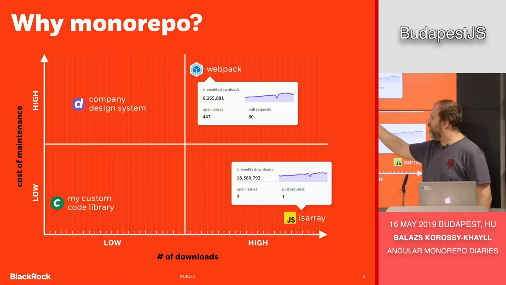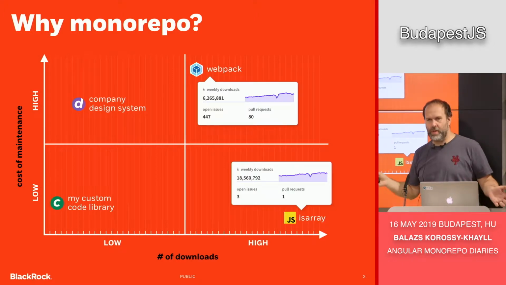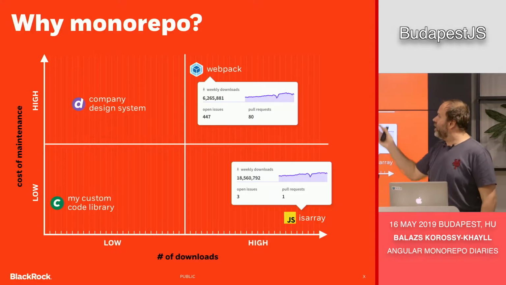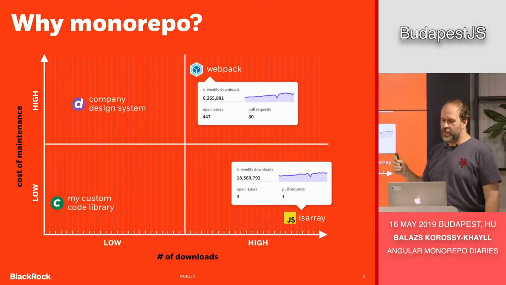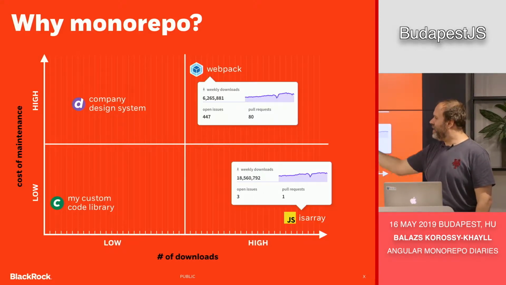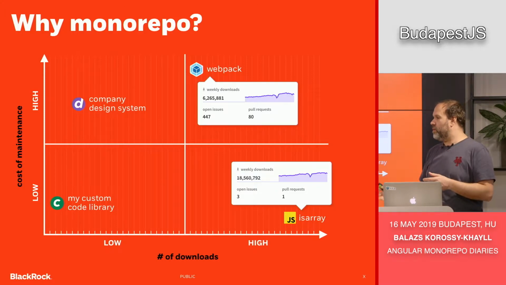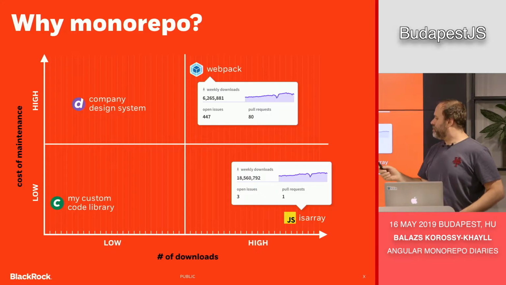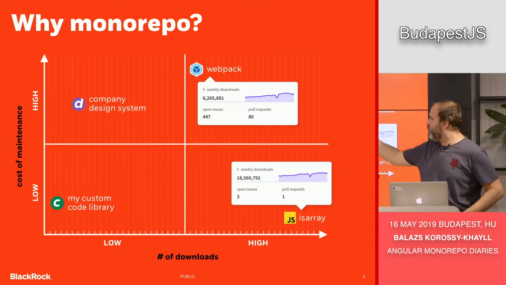On the other hand, your company probably is developing multiple web applications, and they have things in common. So one of those could be the design system, so the visual components. And then you can even have some code that you want to reuse between two different applications. And because of that, you put it in a separate internal npm package. But the question is, is it worth doing it?